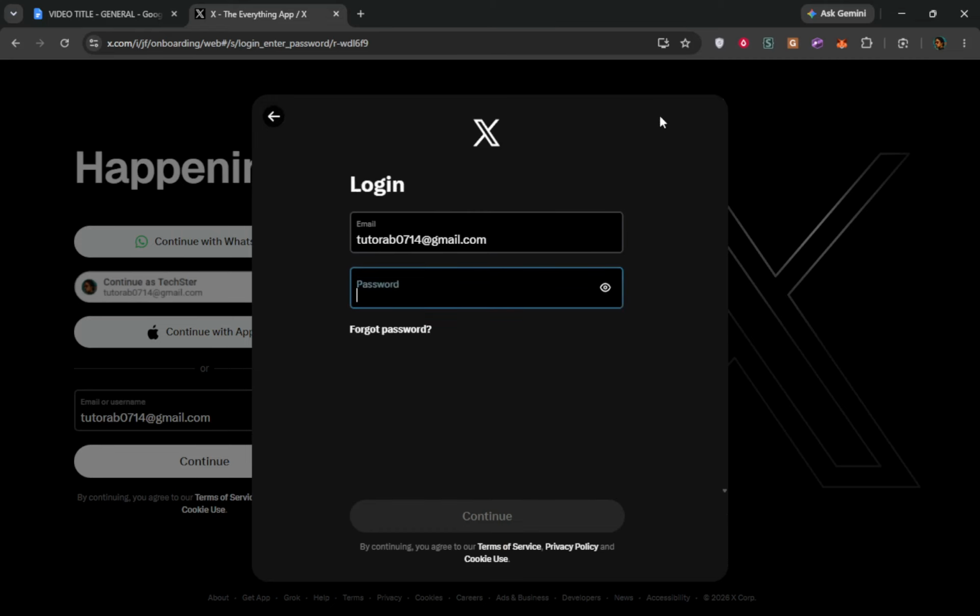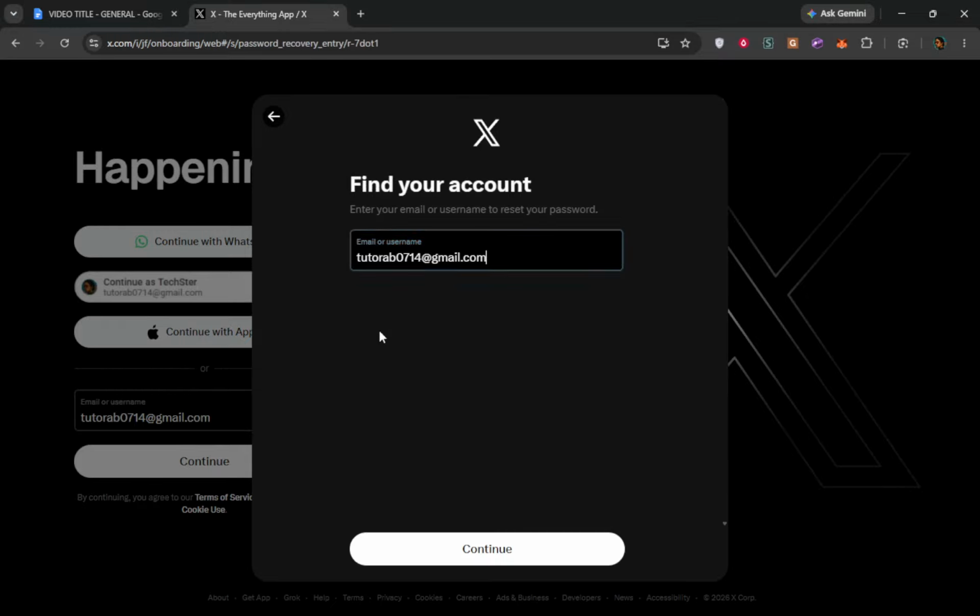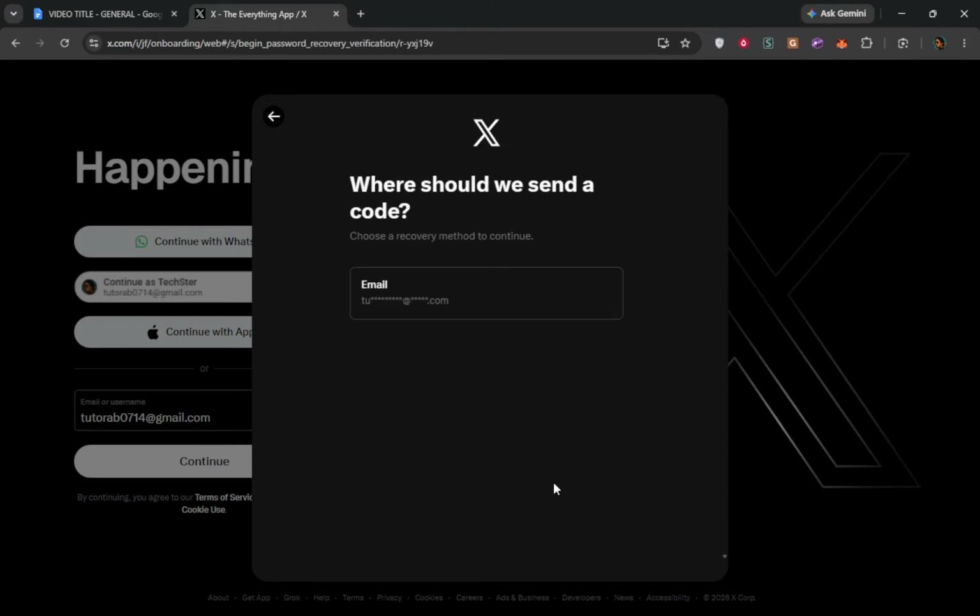If needed, select the Forgot Password option. This is commonly found right below the sign-in fields. Clicking this link is an essential part of the recovery process. It indicates to X that you need help accessing your account. You will be directed to a new page where further instructions will be provided. Remember, this option is there to assist you if you're unable to recall your login details. It's reassuring to know that help is just a click away, and this step can lead you back to your account.